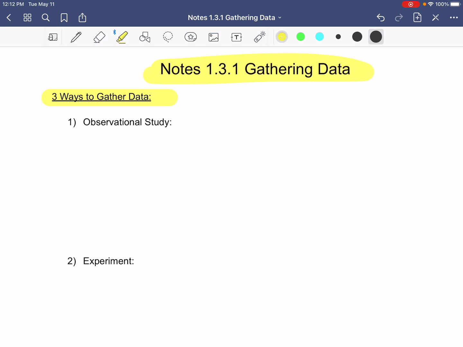We're going to look at 3 different ways that we can gather data. So the first one is what we call an observational study. This is just going to be a study where you collect the data and record it so that you do not change the subject that you are measuring. So it's just a study